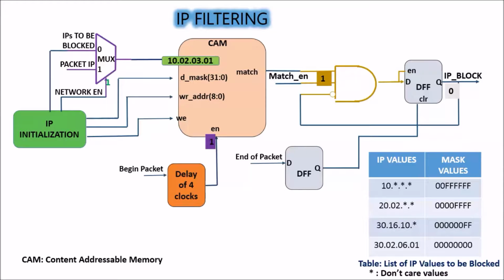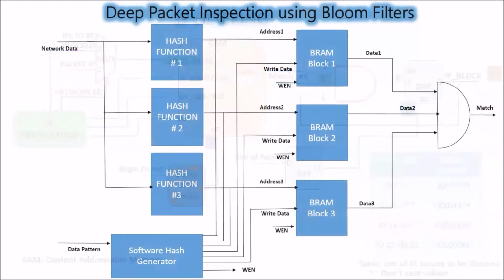The IP value is then compared with the initially stored values, and if there is a match, the match signal goes high, and correspondingly, the IP block signal also goes high. This IP block signal remains high until we receive the end of packet. Once we receive the end of the packet, the D flip-flop is cleared and the system is ready to receive